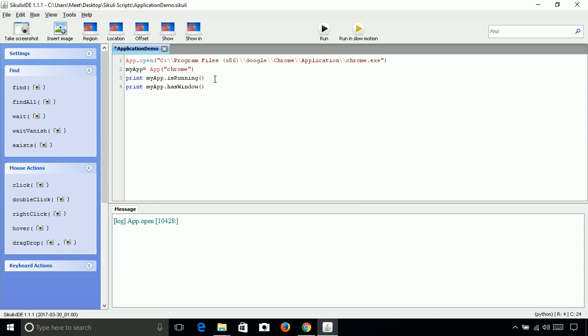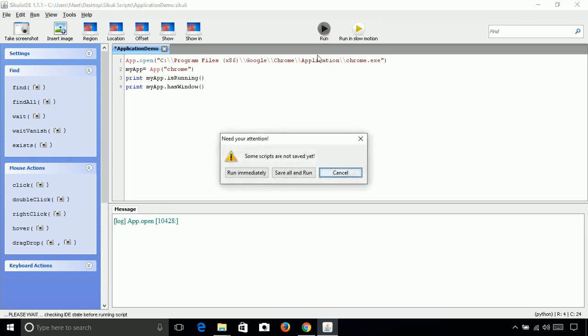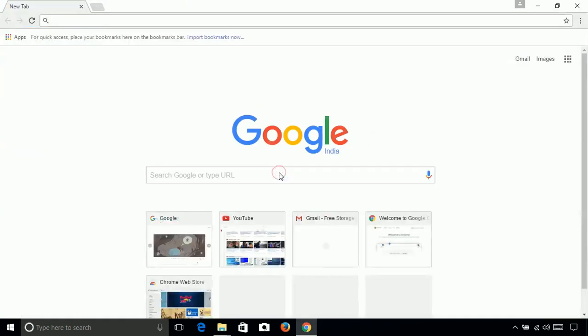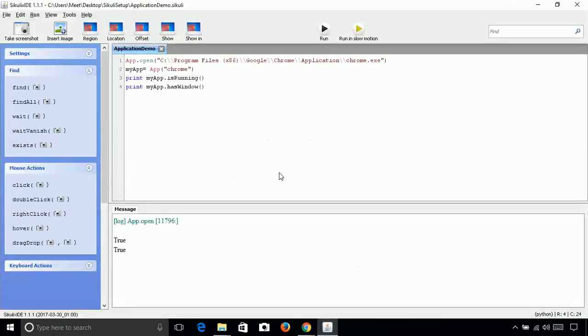This will return a boolean value, and if a window is present for that particular app, then it will return true, and if the window is not present, then it will return false. So now first let's run this. It has opened Chrome again, and as Chrome is running and it has a window, both functions have returned